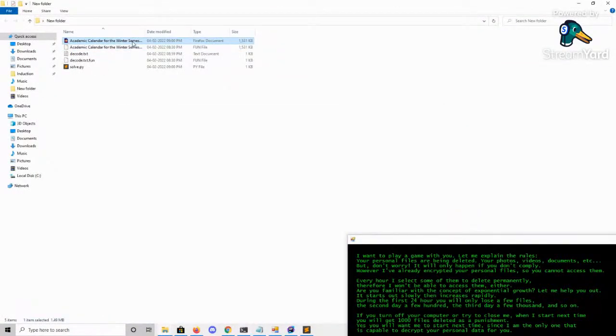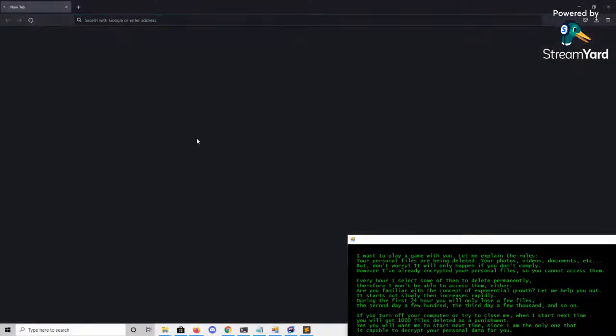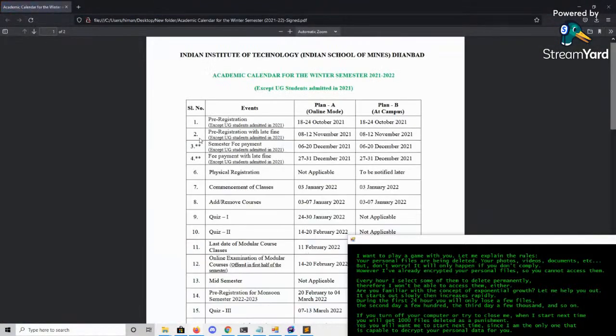प्लीज प्लीज प्लीज। यस, मैं प्रो हैकर हूँ, मैं प्रो हैकर।